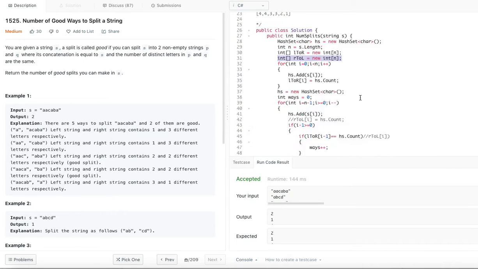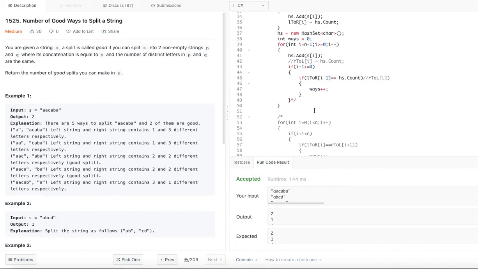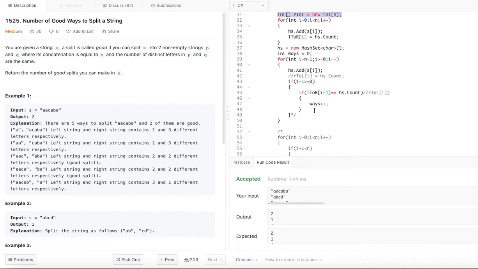Even if you don't do those optimizations, there is no real harm to the complexity, because the complexity will still be the same. The only thing is that in practice the space and time will be more, right? In practice it will take more time without this optimization, but when you calculate the complexity itself, there is no big difference.